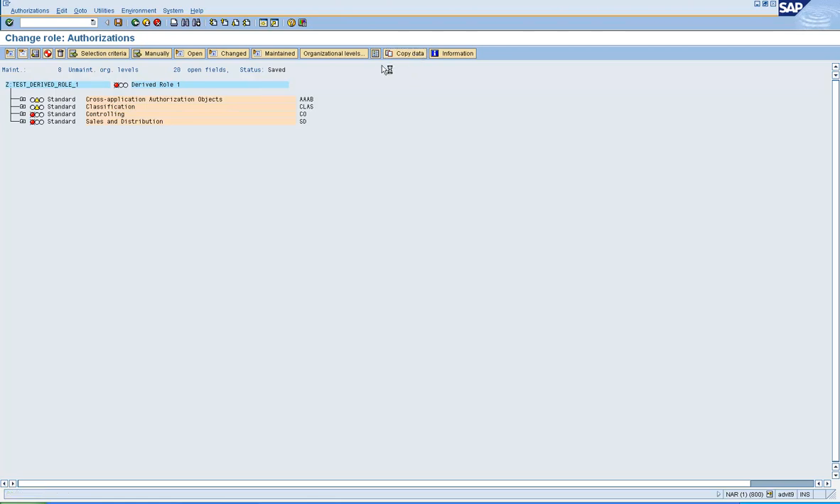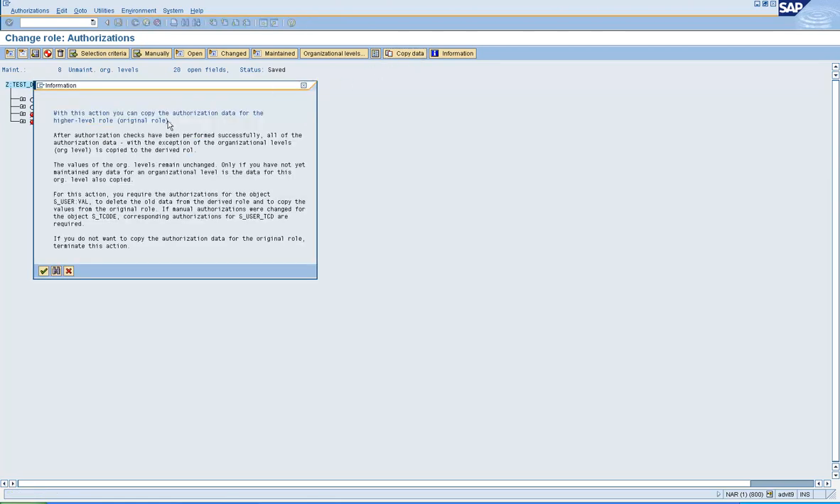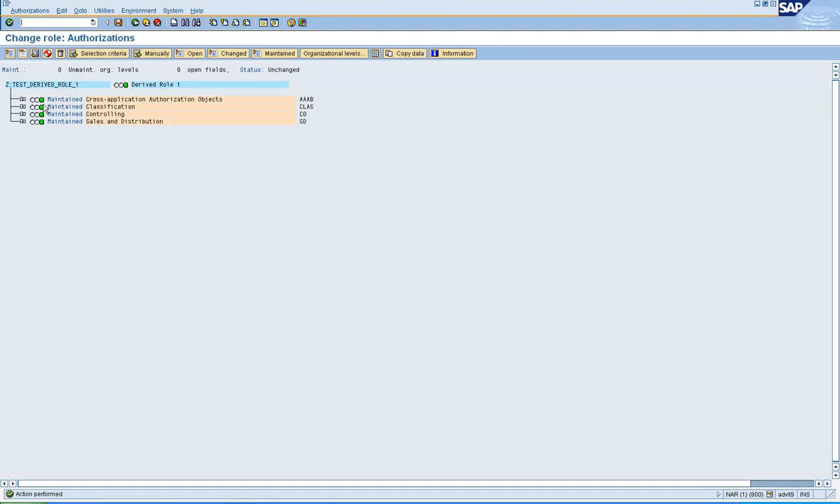When you click on this copy data button, with this action you can copy the authorization data from the higher role, that is the original role. In our case, that's what we call a parent role. Click on continue. Now you see all the traffic lights have become green. Now at this point, this derived role has generated everything, all the authorizations and the values from the parent